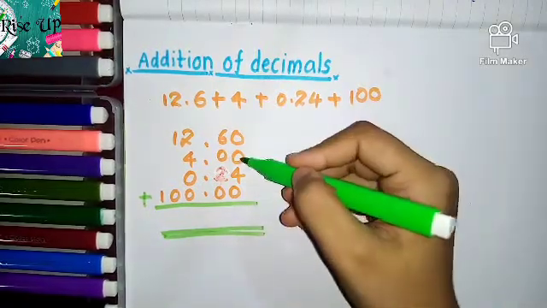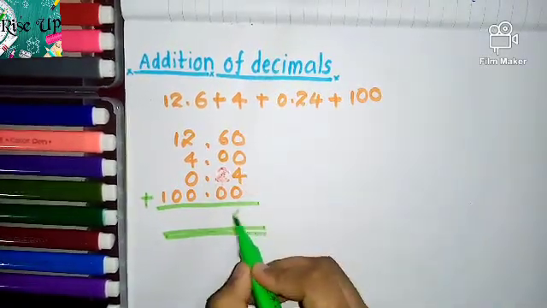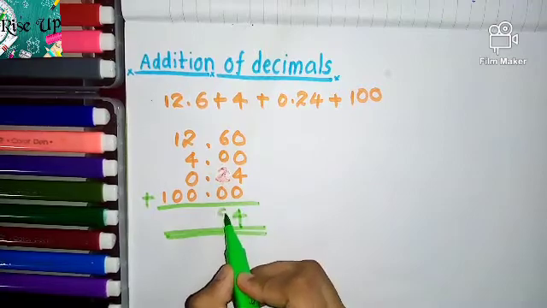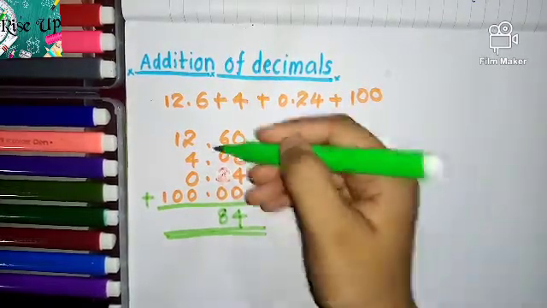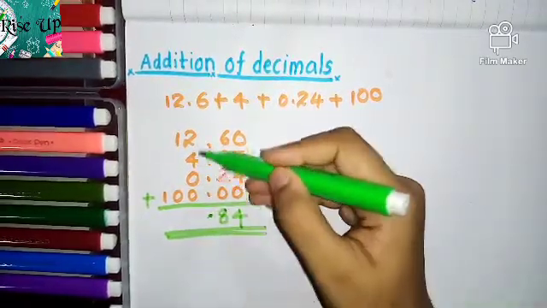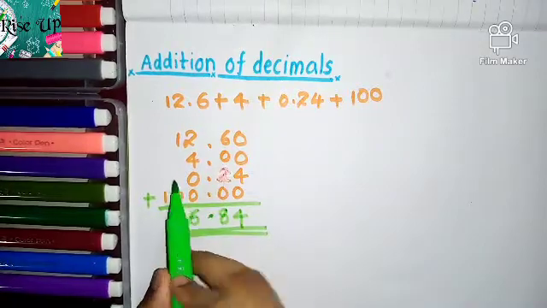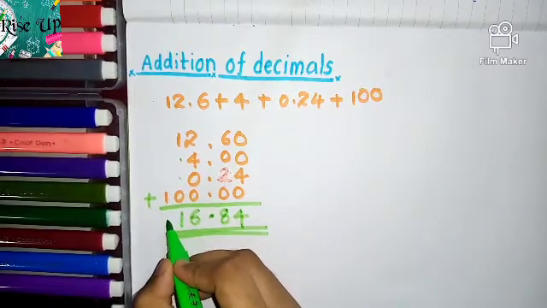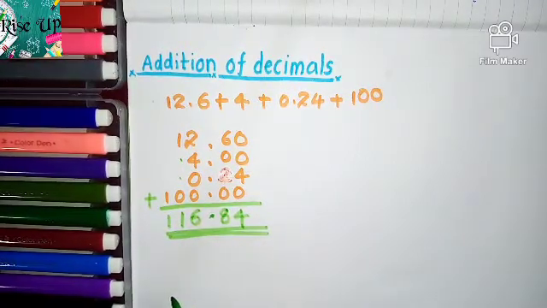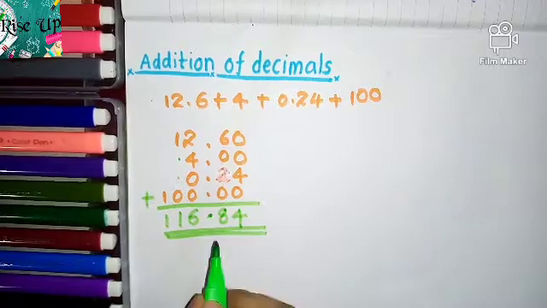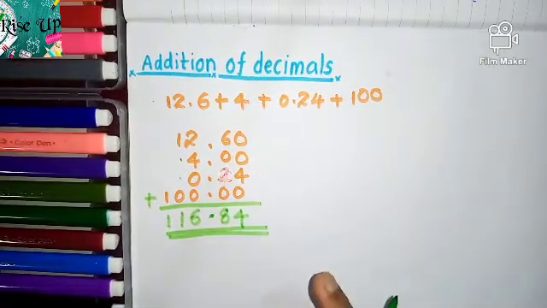So right, 0, 0, 4. When you add 4 to the 0s, it's 4. 6 plus 2 is 8. So I write 8. And now we have the decimal point. The decimal point comes exactly under the same line, so I place it: 0.84. Now I'm adding 4 plus 2 is 6. And 1 plus 0 is 1. Then again the next one I'm writing. So what is the answer? 116.84. You have to read it as 116.84, 84 should be read as eighty-four, not eight four. So this is the way of doing addition of decimals.